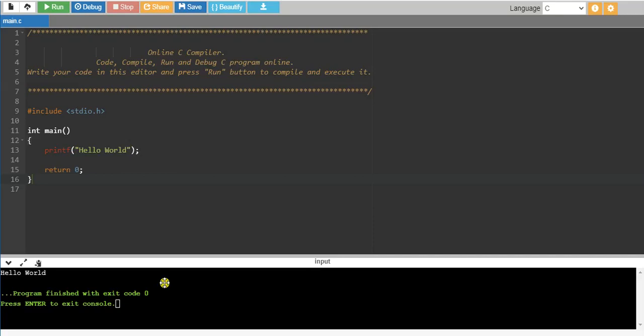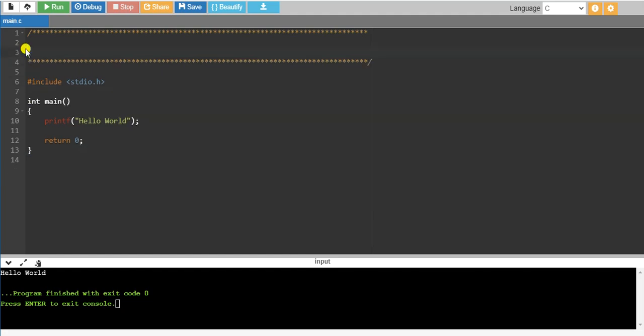In the previous session we discussed how to write a C program for searching an element in the given array, and now in this session we'll be moving to the next experiment, that is experiment number 11. Write a C program to find transpose of a given matrix. So let me begin with the problem definition here,